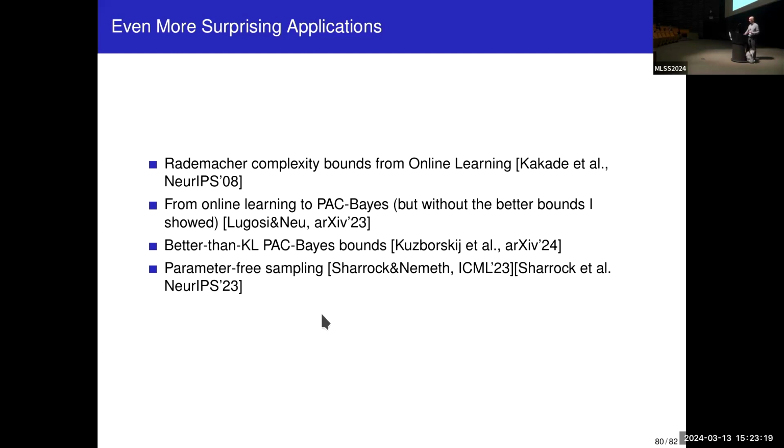There is also a very recent arXiv paper that we have about proving better than KL. You know, KL is always appearing in all these PAC-Bayes bounds. We showed that KL is not the right thing. And we showed something even better than KL, uniformly better than KL. And we do it again through online learning. And the last thing that I want to mention, there is a series of papers by Louis,